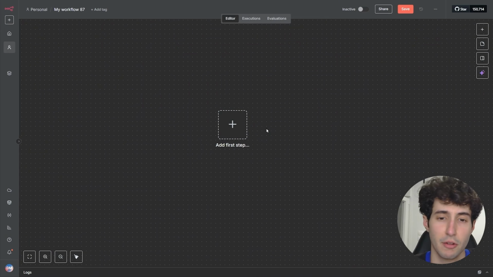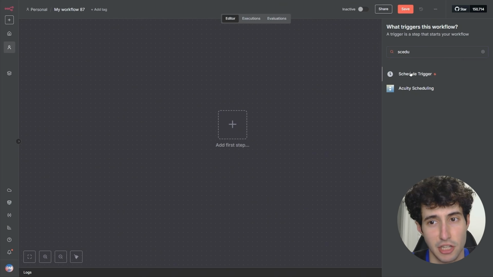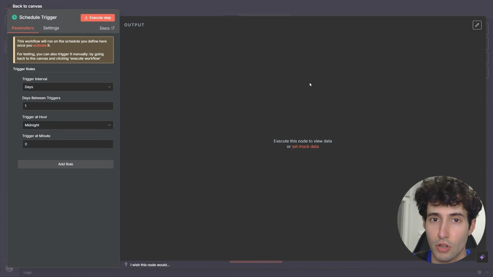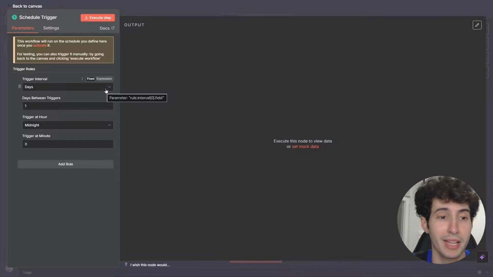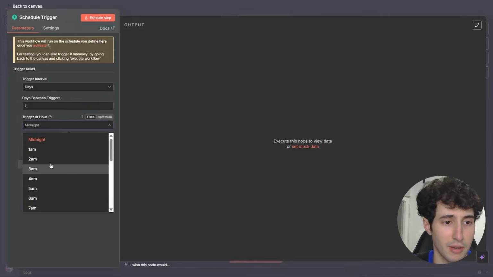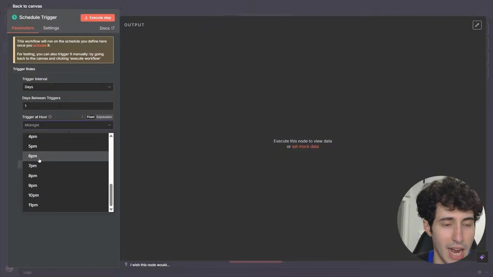Now the first thing that we have to do in N8N is to obviously add in our trigger, for which I'm going to select a scheduled trigger node. And the reason I'm choosing to use a scheduled trigger node and not any other trigger is because I want to set this automation to run automatically every day, so we can post a completely brand new video in our social media every day. And specifically, I will actually come over here and put in the time at 6 PM,